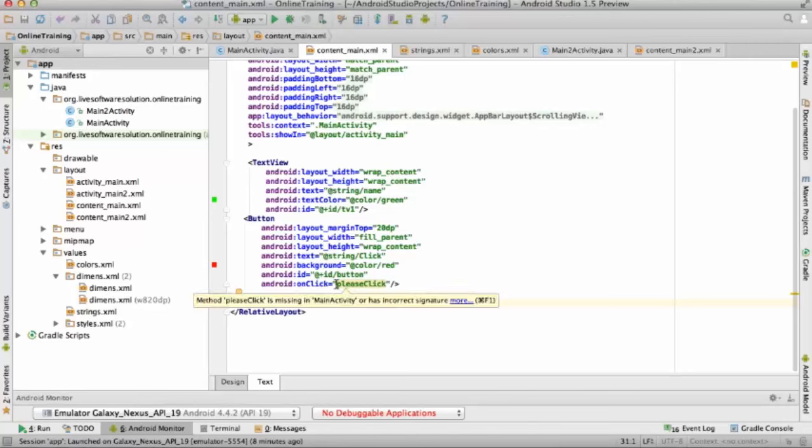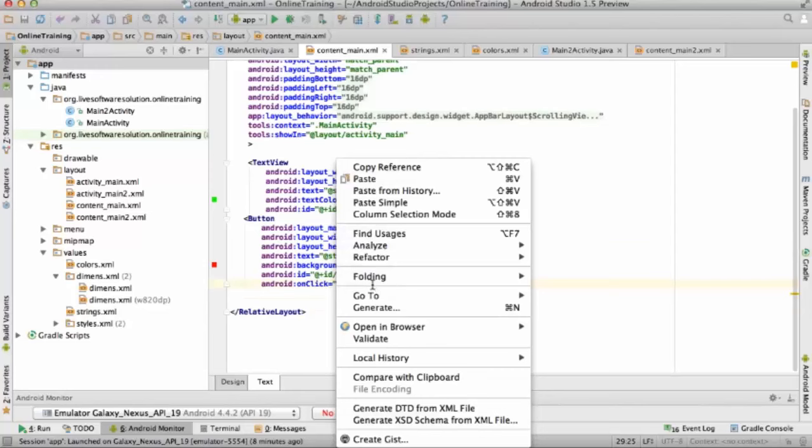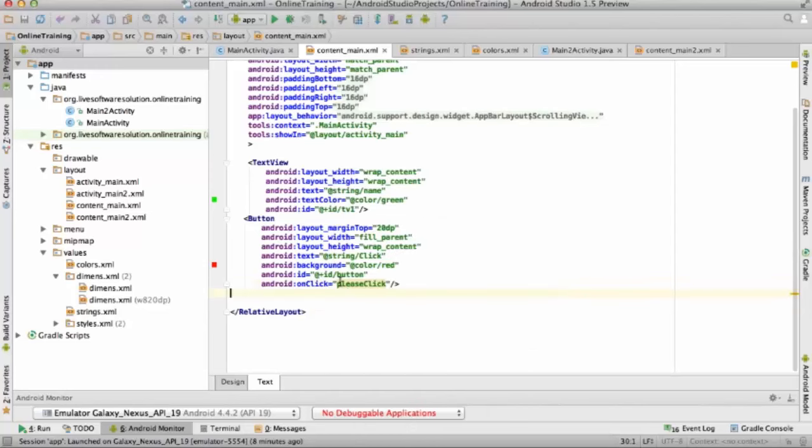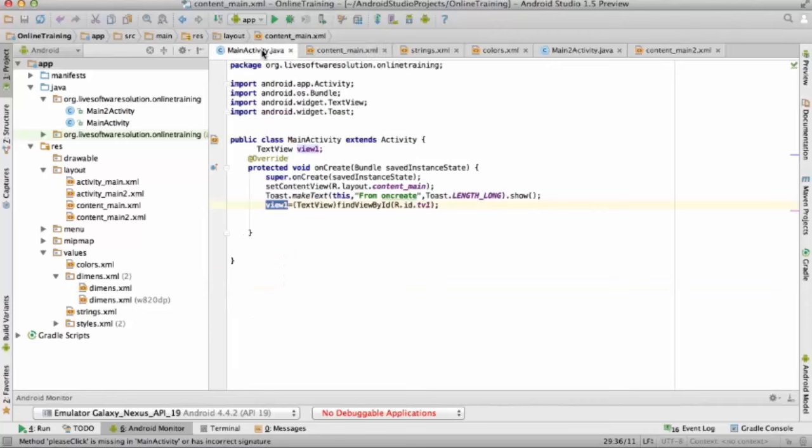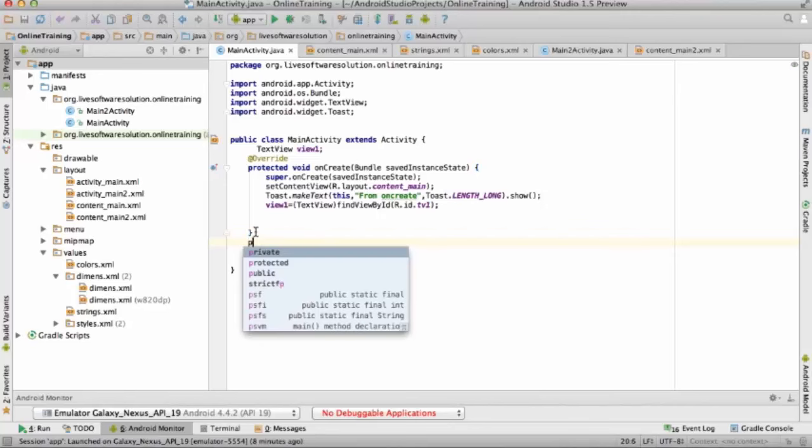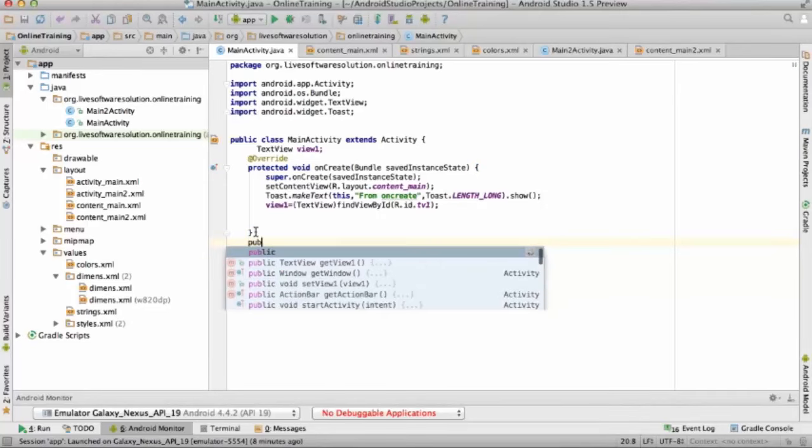Okay, now. So the find view by ID method has the return type view. If you are finding a view that is a radio button, then typecast into radio button. If you are finding a view that is a button, then typecast into the button.